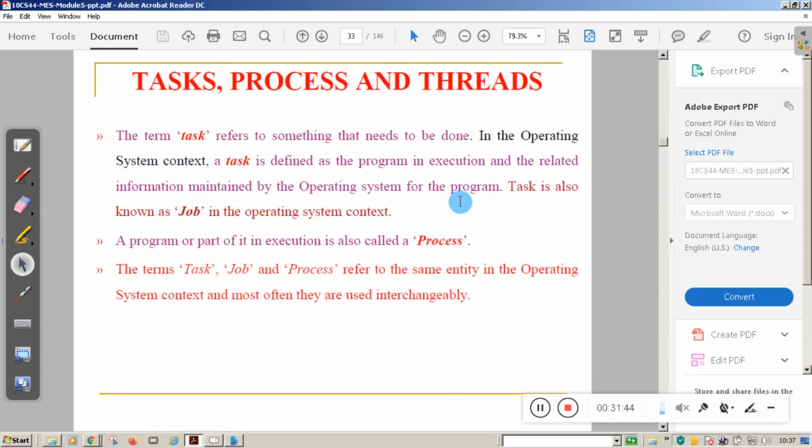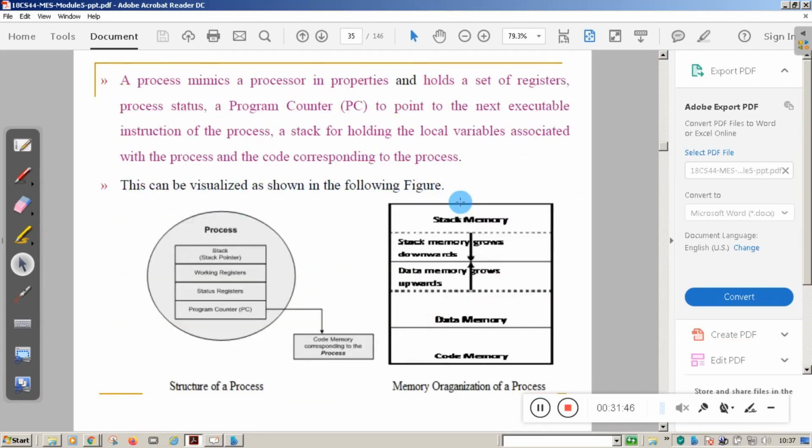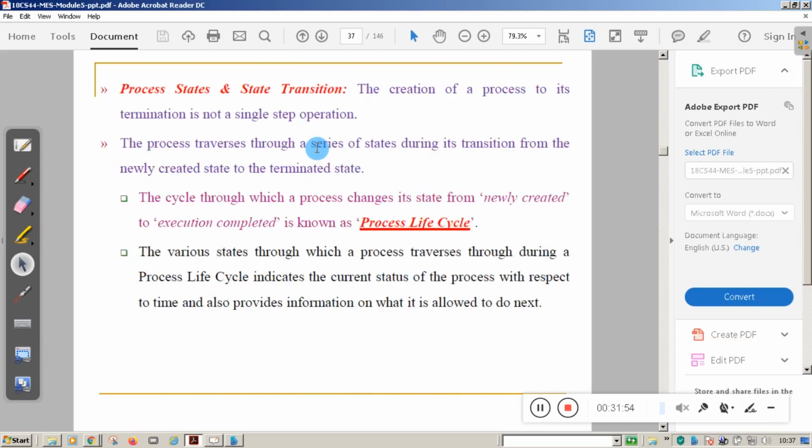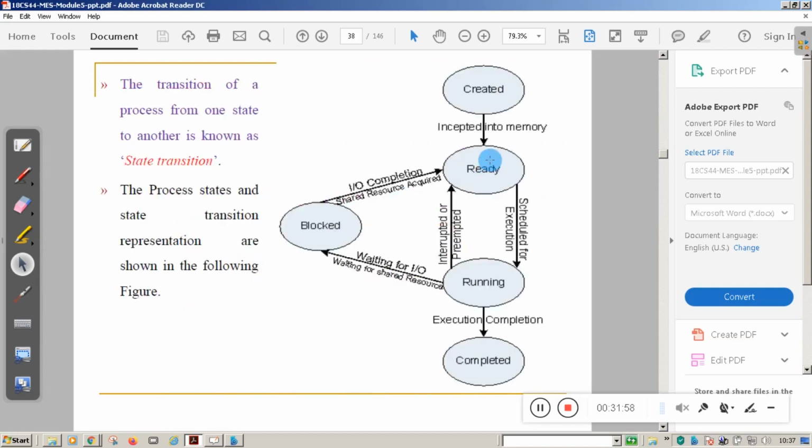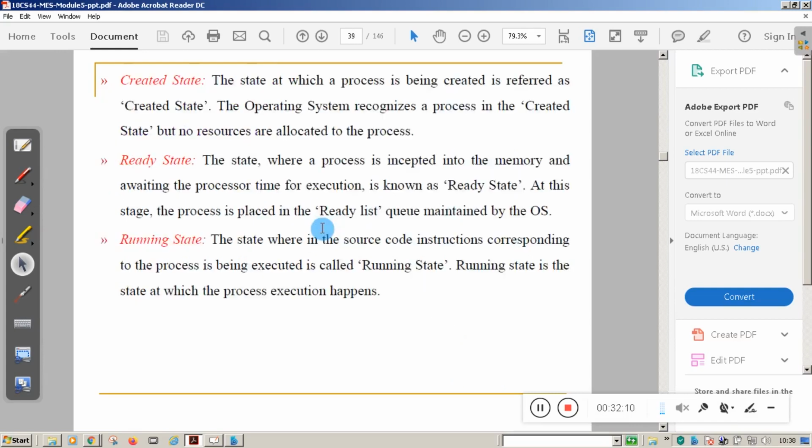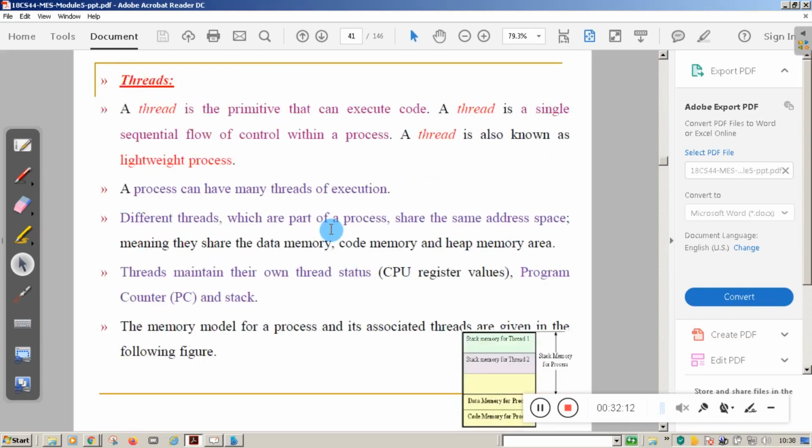So we studied what is a task, the difference between task and process, the address space of the process, and how the process mimics the processor. What is the process life cycle? What is the state transition of the process life cycle, like from created state to ready state to running state to completed state, or in between blocked state, etc.